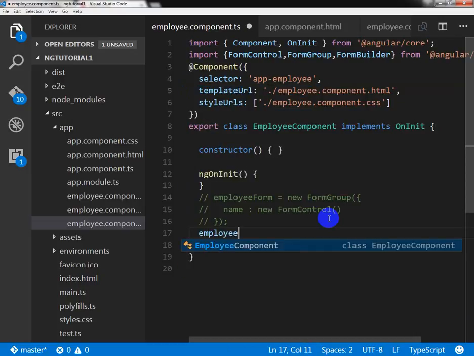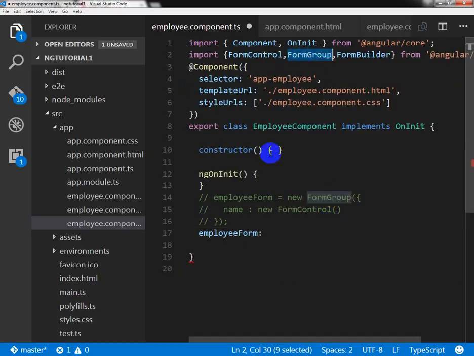Employee form will be of type form group,